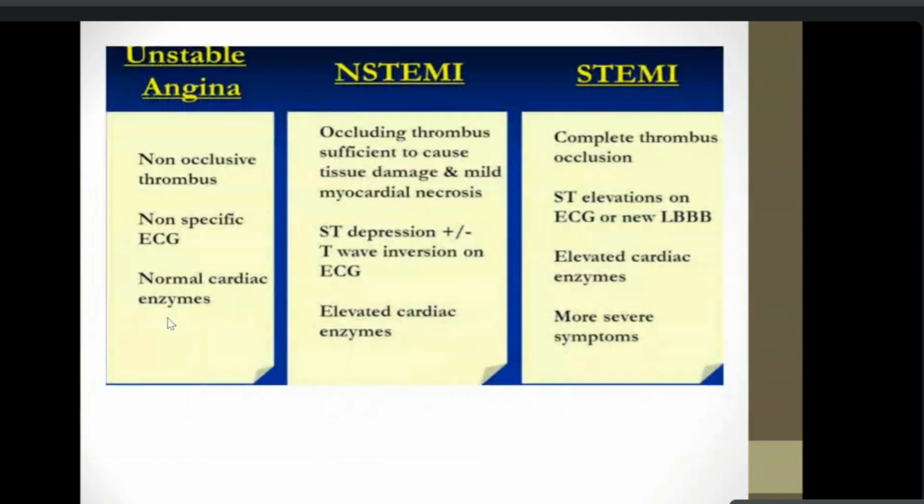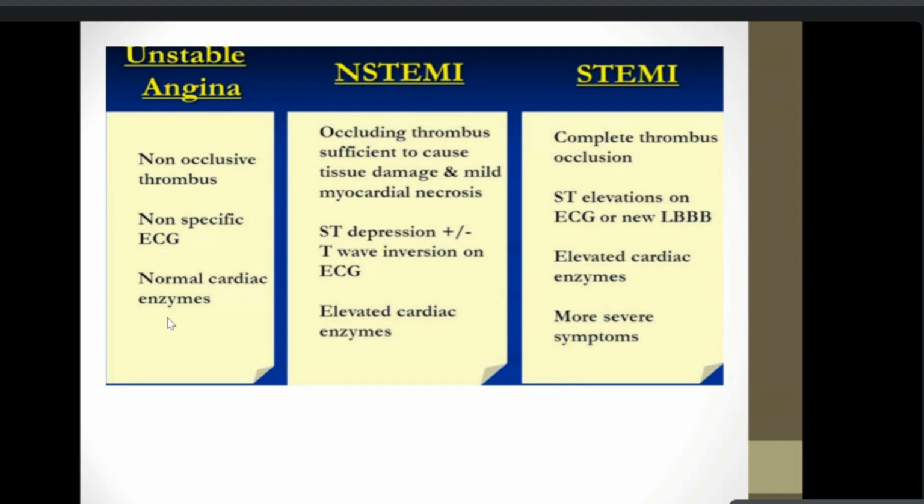We have here how to differentiate between the three of them. We have an unstable angina. It's an occlusive thrombus, non-specific electrocardiogram, and with a normal cardiac enzyme. The non-STEMI, it's an occluding thrombus sufficient to cause tissue damage and mild myocardial necrosis. We have also on electrocardiogram an ST depression, and also we can have a T-wave inversion on electrocardiogram, elevated cardiac